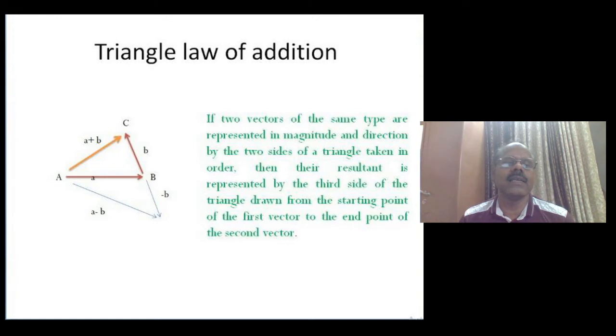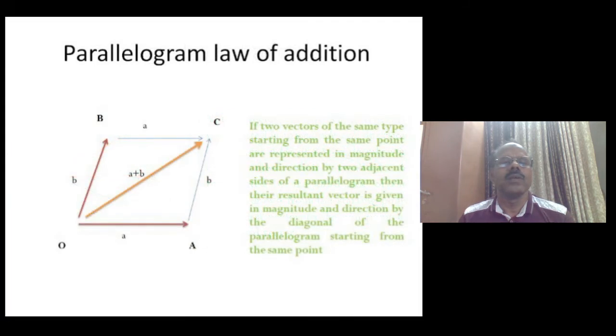And here AC is represented by a plus b, that is the resultant, and in AC, A is the tail and C is the head of the resultant. Okay, the text is given beside. Then the parallelogram law of forces. Here also two vectors are there, not forces, a vector a and a vector b, and vector a is OA and vector b is OB,